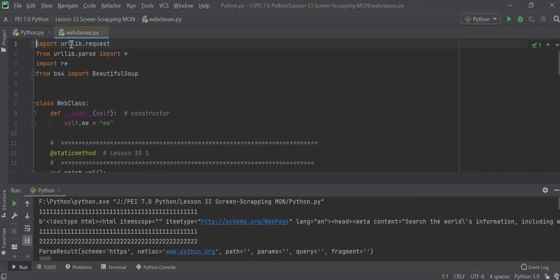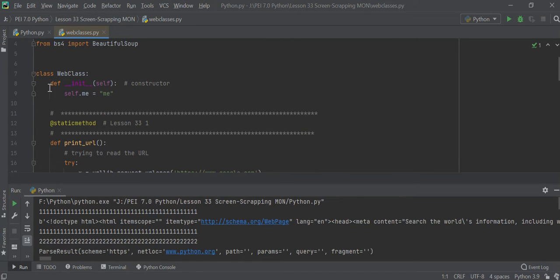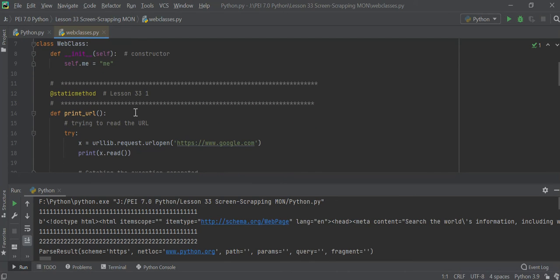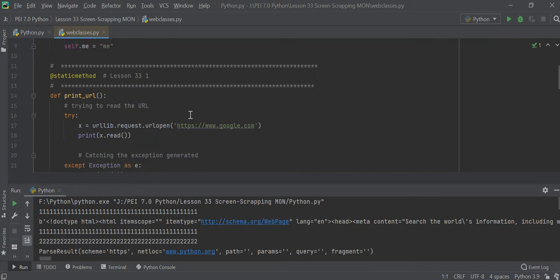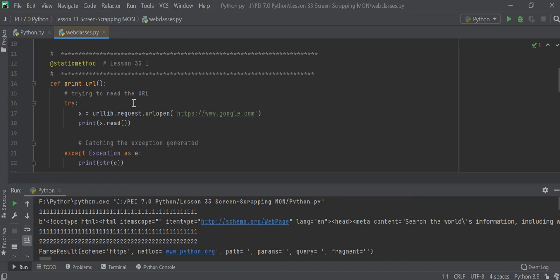First of all, import a bunch of libraries here. You have Beautiful Soup and a URL utility library, and you import them. Now for the web class, you just create a constructor. That's the easy one. And usually you can have a static method or a class method. Most of the time I use static, and once in a while I use a class method. So, all right, this one can just print the URL, and you use a try, except, and